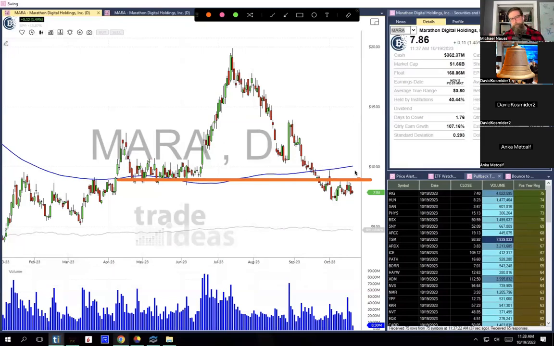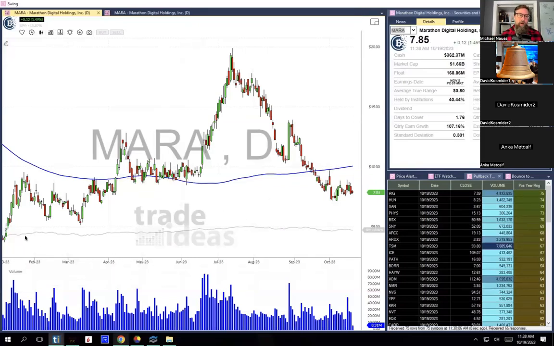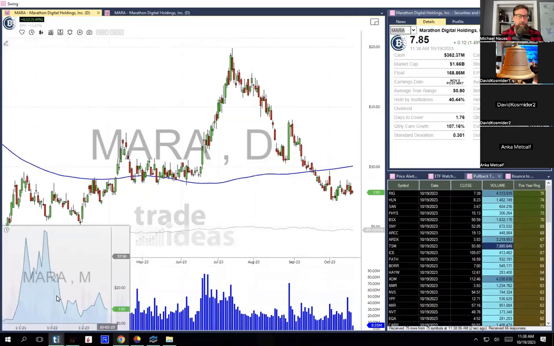So I like them, but again, just know these are really bad businesses overall, and they're probably all going to go to zero at some point. Look, this is the monthly chart on Mara in the corner here, just having a hard time. But if you have a bullish Bitcoin thesis, then I think this is definitely the way to do it because you can apply way less capital. You don't have to worry about putting your money in like a potential FTX kind of thing, and you can go from there. So, all right, we're getting there.